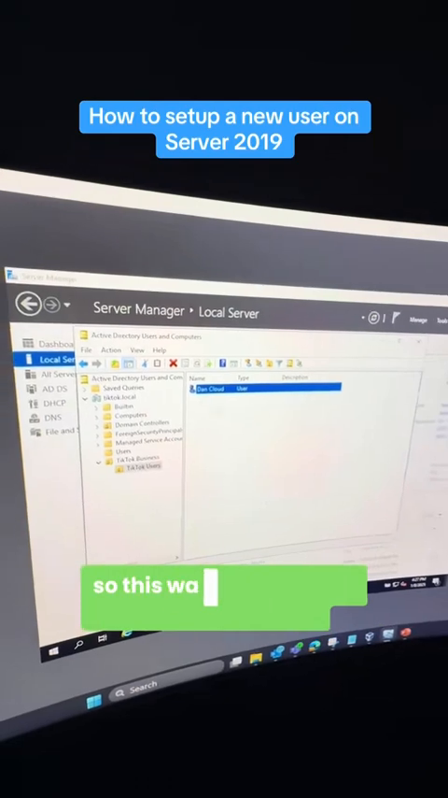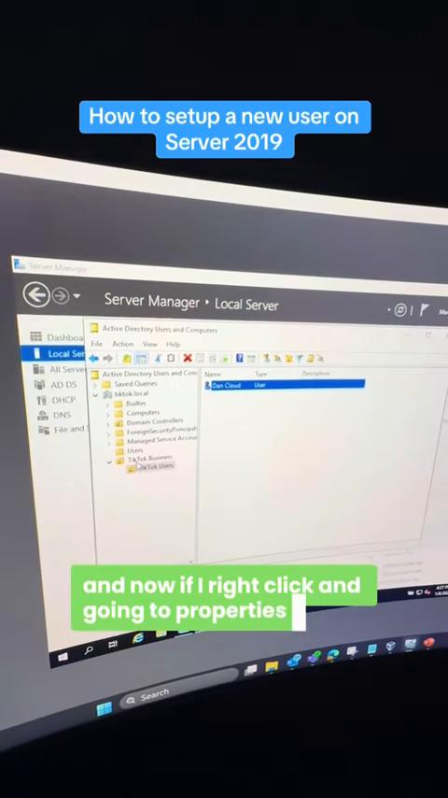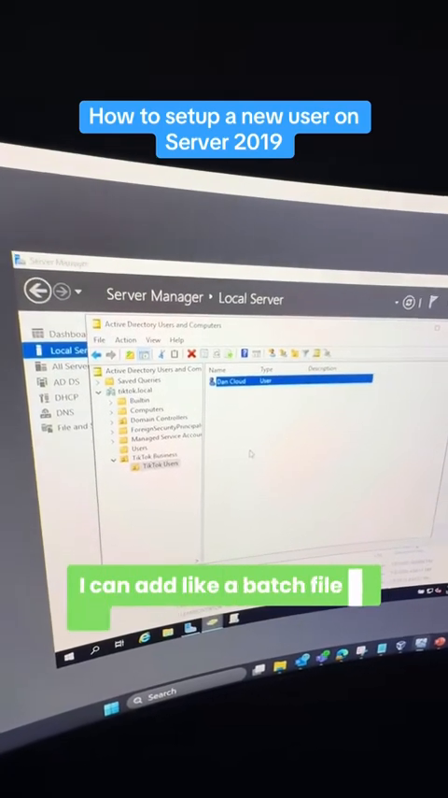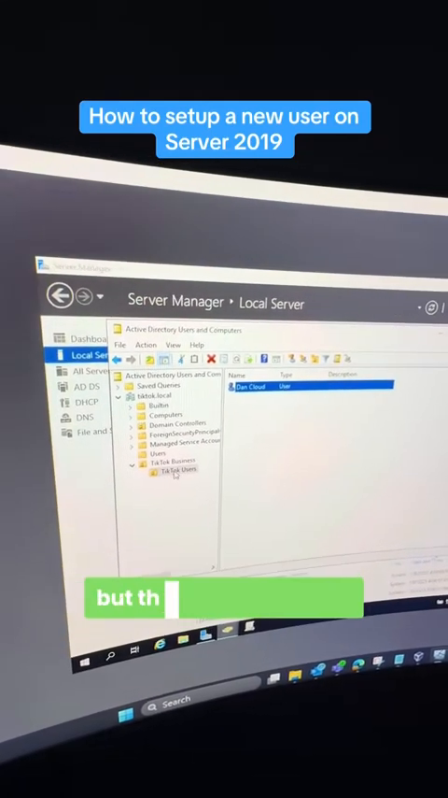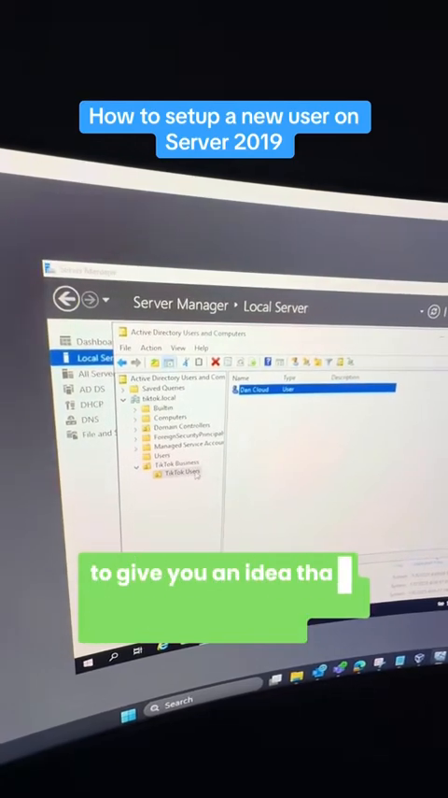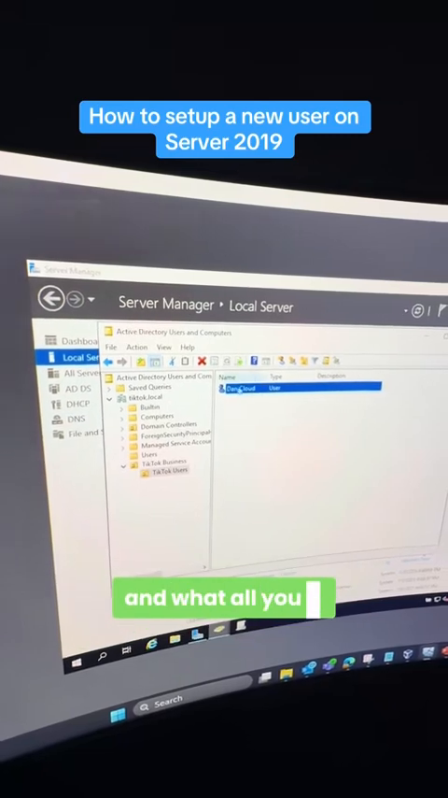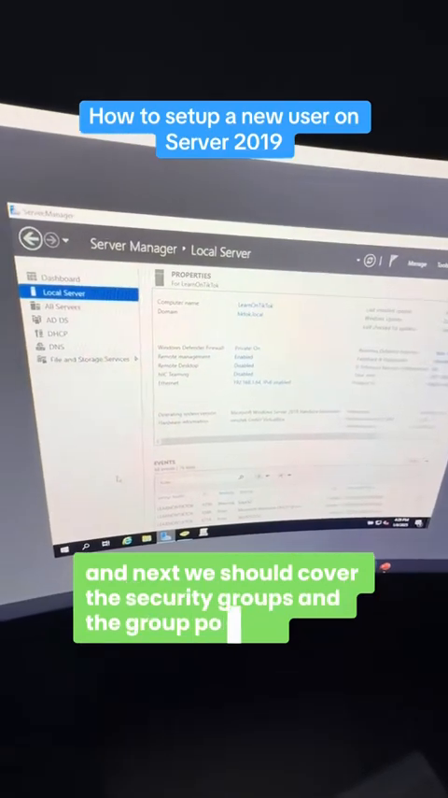This way I created a user, and now if I right click and go into properties, I can add members to it, I can add a batch file to it, and I can do certain things to it, which we should do in the next video. But this was just the basic to give you an idea of how you create a user, where you create it, and what an OU is. And next we should cover the security groups and the group policies. So far we've learned quite a few basic things, especially you should